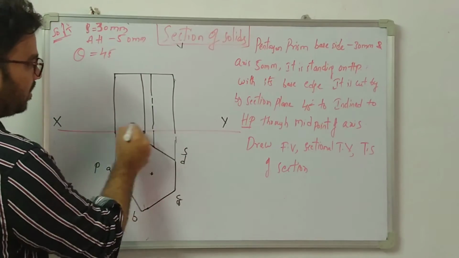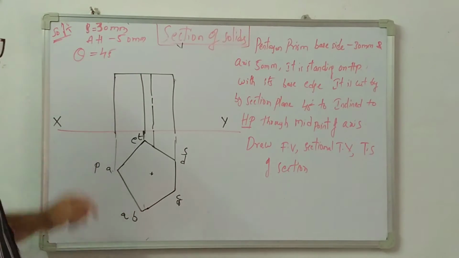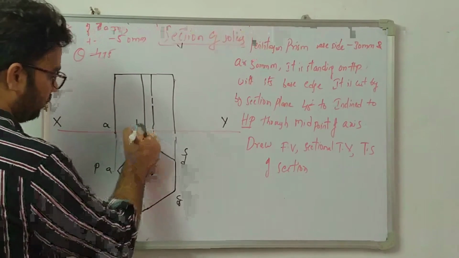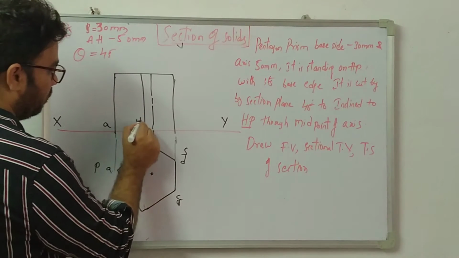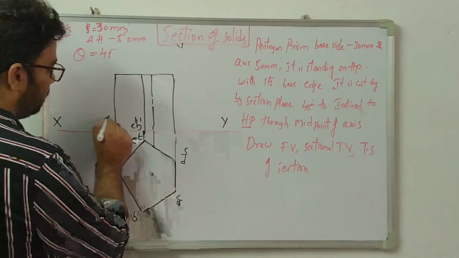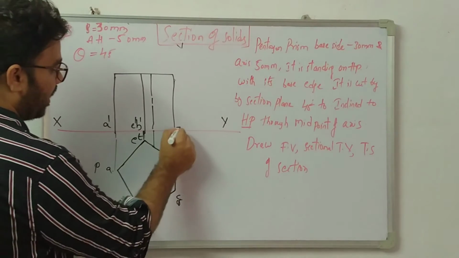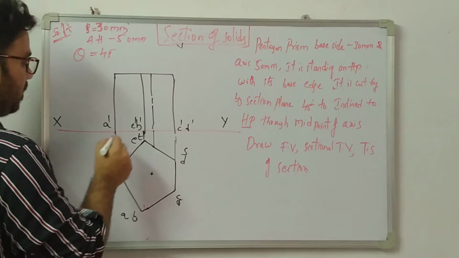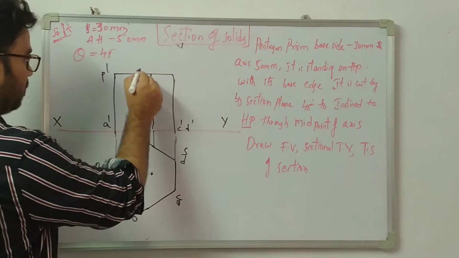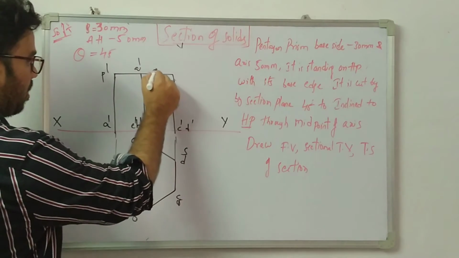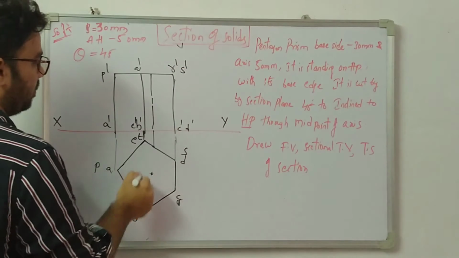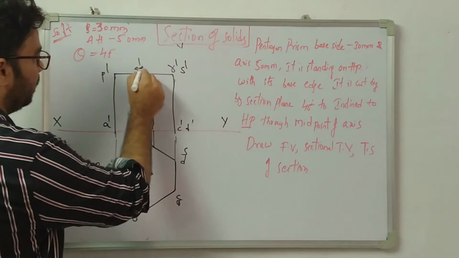Now give the names. Here one base shape is there, and here one base shape is there. So this is the top and this is the base. Give the names: the bottom one is A, this is B and E, so B dash and E dash. This is A dash. Similarly this is C dash and D dash. The upper side also has a pentagon shape, that is P dash, Q dash, R dash and S dash, and this is my T dash.